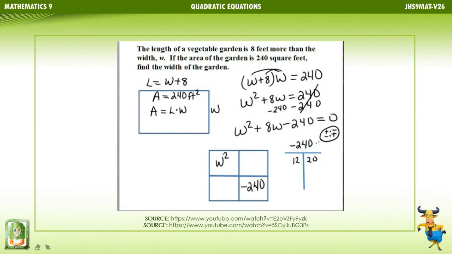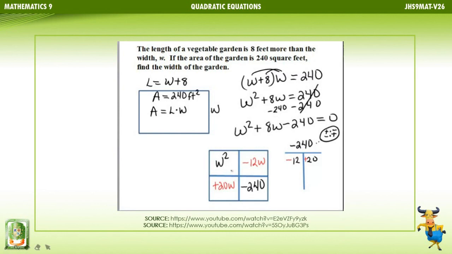So negative 12 and positive 20, because that will give us a difference of positive 8. So let's fill that in. Negative 12w plus 20w. So now that I've got that, all I need to do is factor out the greatest common